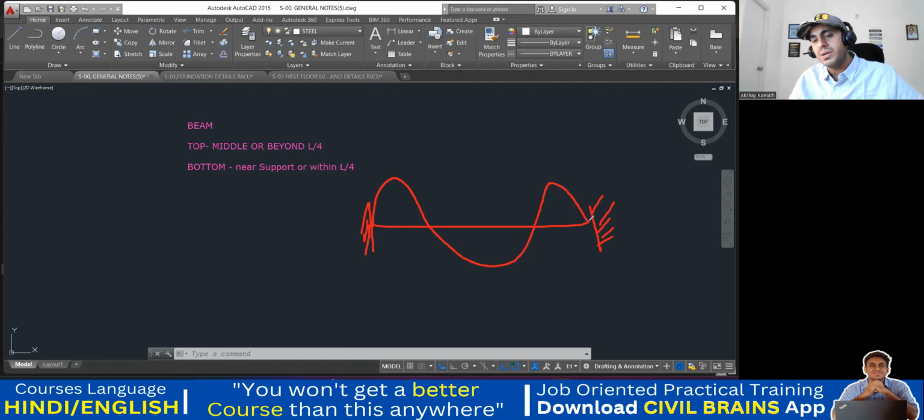Then it will be a negative bending moment. So this will be negative. This will be positive. This will be negative. Okay. And now I'll draw one more line here and I'll say that